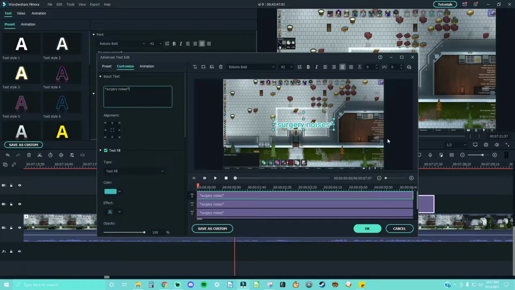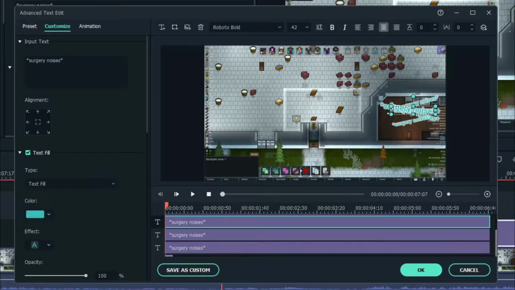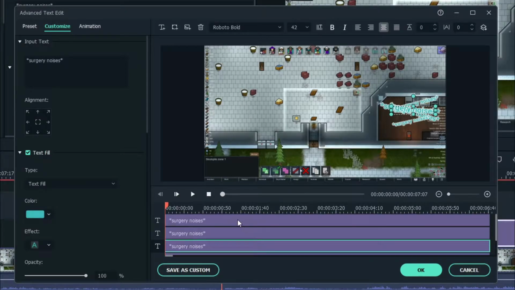And if you're listening in stereo, like on your TV, your phone, or especially headsets, you can actually tell that the surgery is happening over to the right. So I'm going to go ahead and edit it to where you can tell that's where it's coming from. Okay, so I've got all of the text kind of where I want it. Now I'm going to sit here and